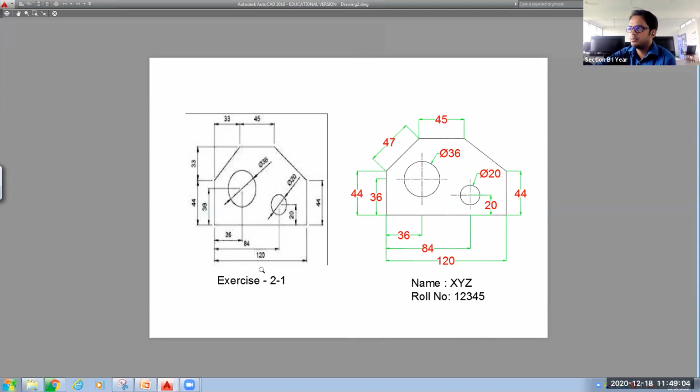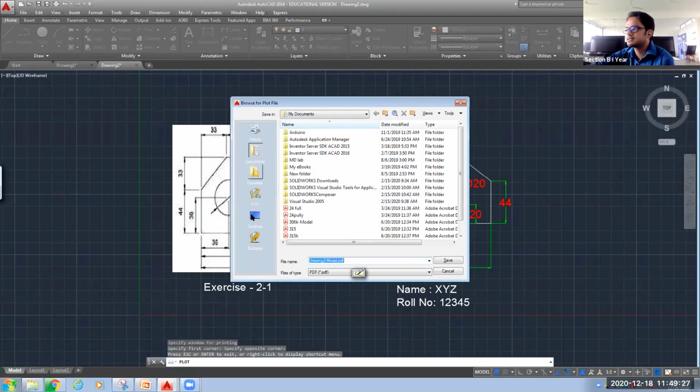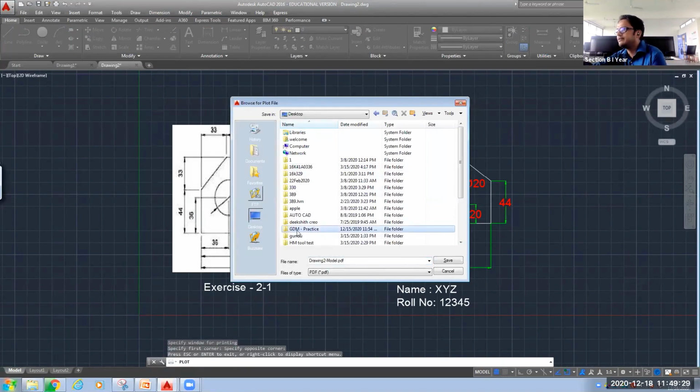This is the exercise problem that is given to you and this is what you have drawn. Okay, this will be your name and your roll number. If it seems to be perfect, then since this is preview, here at the top left corner you have that option called plot. So click on that plot. On the desktop you have created one folder.